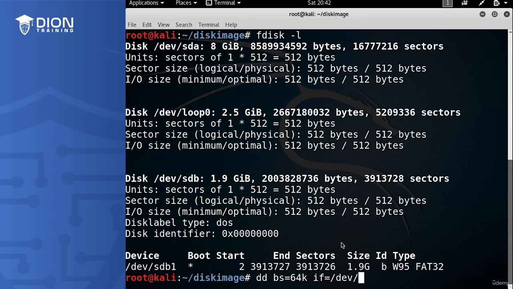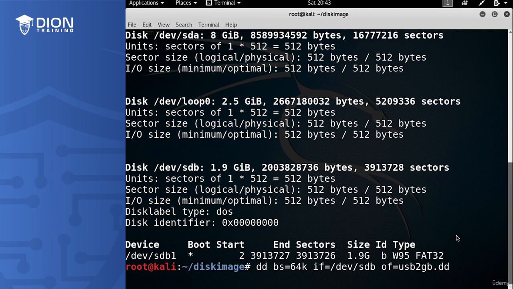Now, this is where you have to decide what you want to copy. Do I want to copy the entire disk or just the one partition? Now, in my case, I do want the entire disk. And the reason why is because I want everything that is partitioned and everything that's not partitioned. So if I'm a legal investigator and I'm looking for hidden things, sometimes those exist outside the partition. So by doing /sdb, I get the entire disk drive, all of the partitions, and any of the blank space. And then the output file, which in my case, I'm just going to call USB2GB.dd